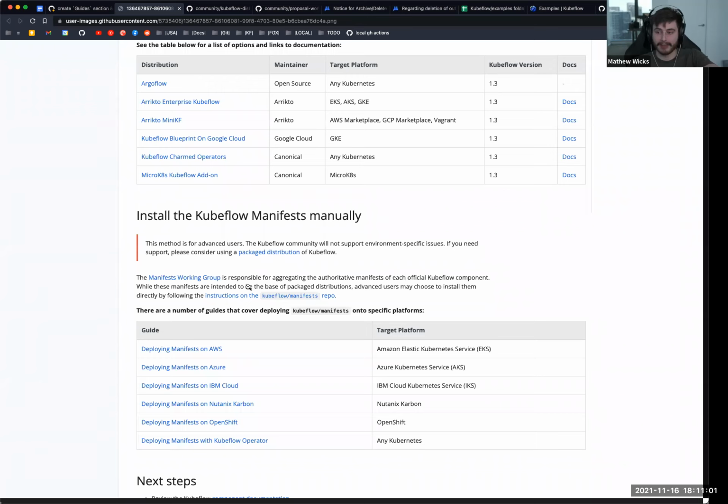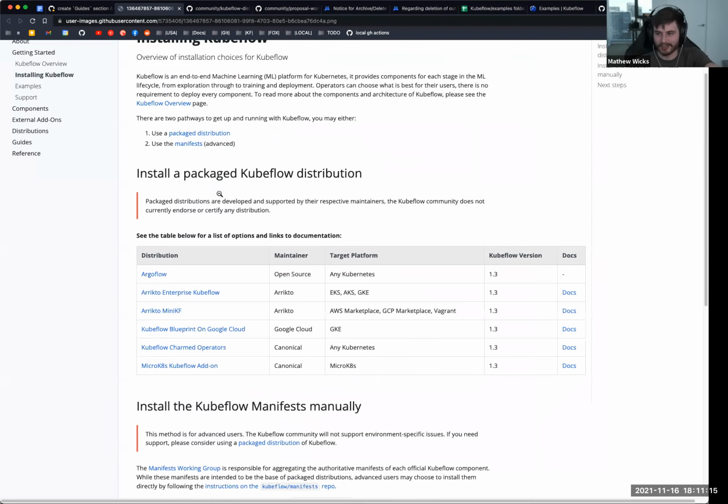So you won't be able to add things there that are specific to IBM, but you can very much make a separate repo, which will target these ones and wrap it into a package distribution. And then it becomes a distribution. You know what I mean? That's the definition of a distribution.